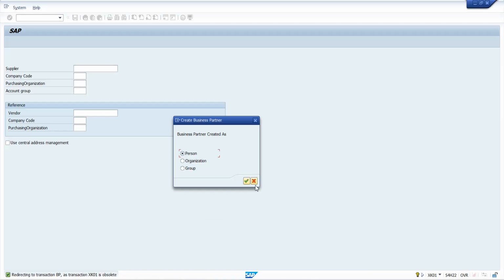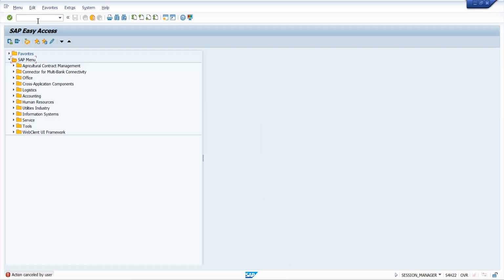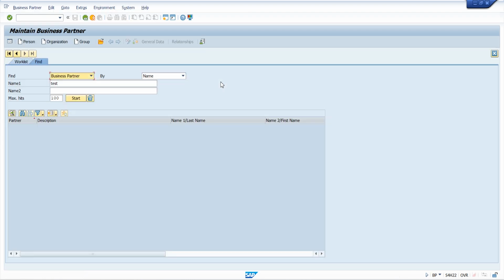Okay, so now let's get into the business partner. The T code is very simple. We have BP, only one T code. Enter into BP here. Yes, you can see this is the first page you see in the business partner. Here you will have three options. You can see a person option, where you can create an individual person as a business partner,